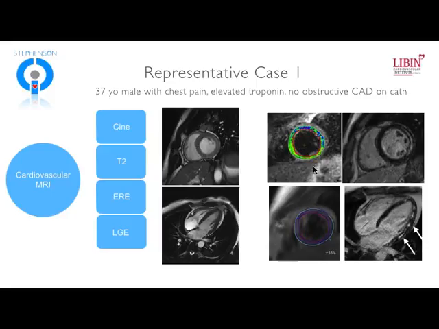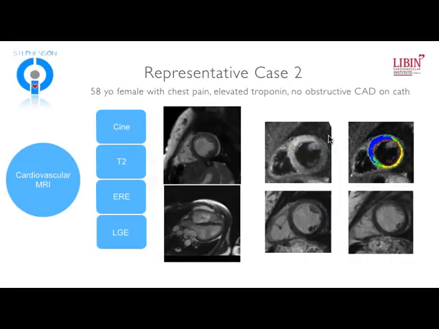However, we confirmed that there was elevated T2 signal using a threshold of greater than or equal to 2 times skeletal muscle. We saw that there was elevated global relative enhancement or early relative enhancement, and we saw classic patterns of subepicardial injury on late gadolinium enhancement. So this tells us that myocarditis has occurred, and it's occurred recently. And so in this patient, we have 1, 2, 3 criteria out of 3 for calling the diagnosis of acute myocarditis.